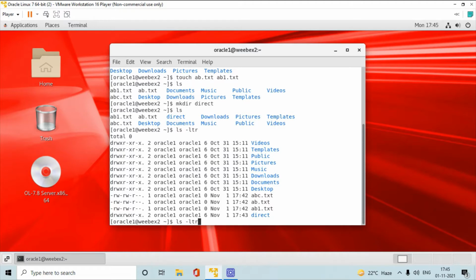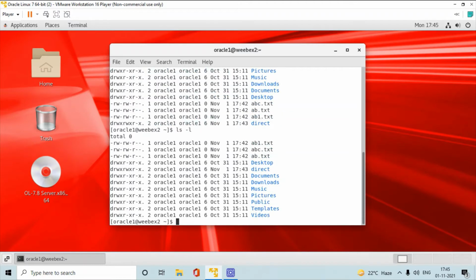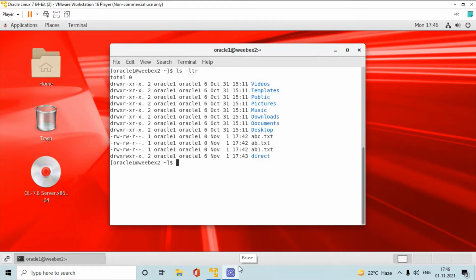If you only enter ls -l, it will show a long listing of all the contents and directories. Here l means long listing. All the contents will be shown with permissions, user and group name, timestamp, memory occupied, and date.